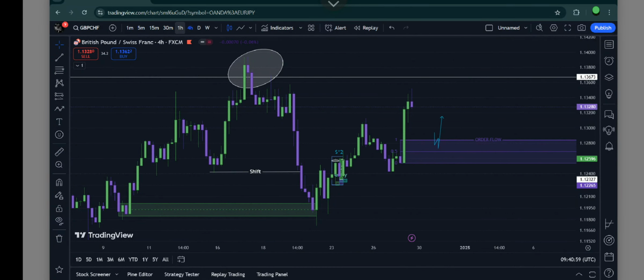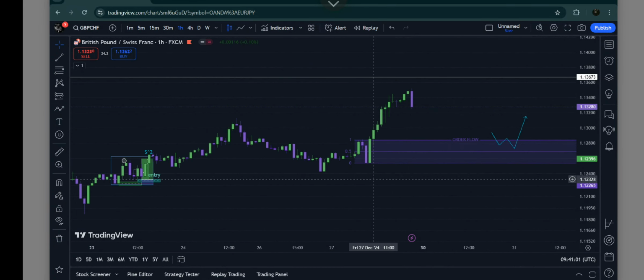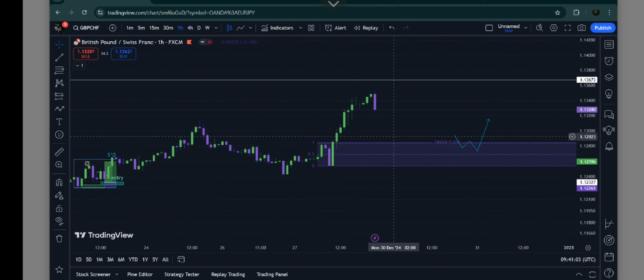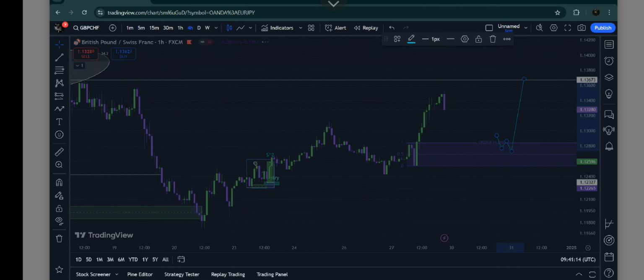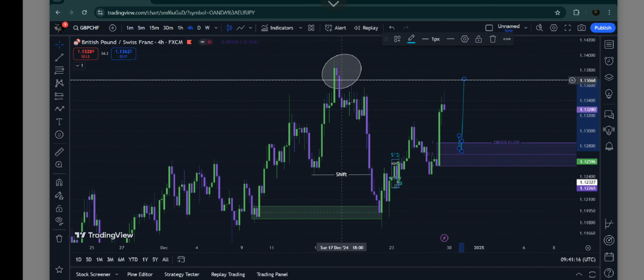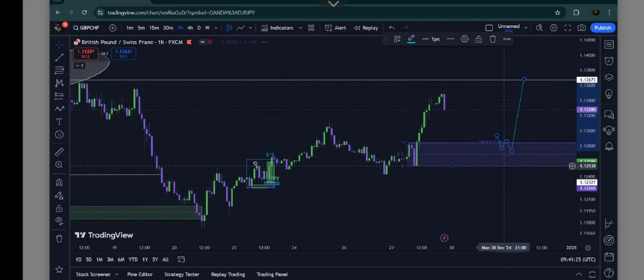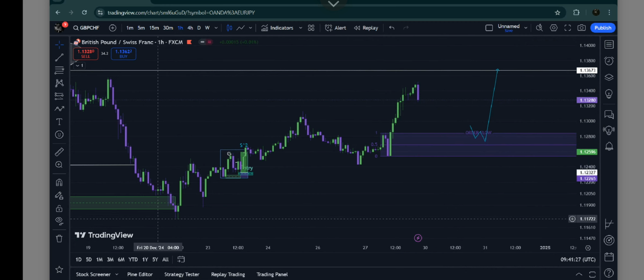GBPCHF, right? If I move through the 1 hour, I'm simply looking for price action to retrace towards this demand area down here and push towards the 4-hour swing high, which we marked last week. So this swing high here, I'll be looking for price to target and push higher towards it. So that's it for this currency pair. There isn't much happening. It's a simple push to the upside since we did predict price to retest the swing